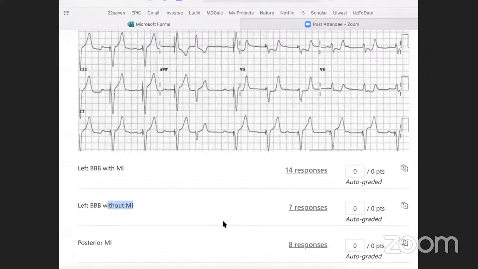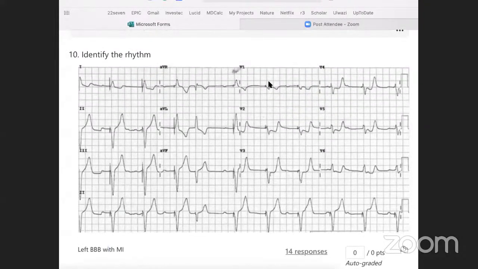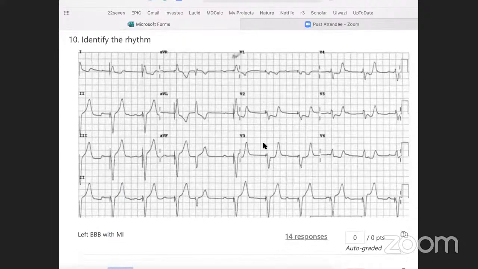And we know that for diagnostic criteria for myocardial infarction in the presence of a left bundle branch block, we used to say that a new or presumably new left bundle branch block is indicative of a myocardial infarction. However, that's an outdated way of thinking. And so there's the modified Sgarbossa or Smith's criteria that we apply to the bundle branch block to determine whether there's an MI in the presence of a bundle branch block. And so there are different criteria to please look up just in your own time.